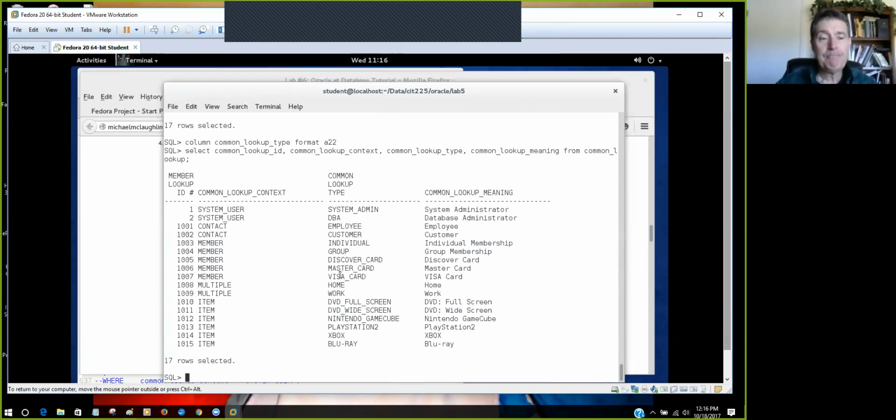Well, those are different things, right? So these first two, individual and group, they apply to the membership type, but these other three, they apply to the credit card type, right? Not the membership type. So let's do